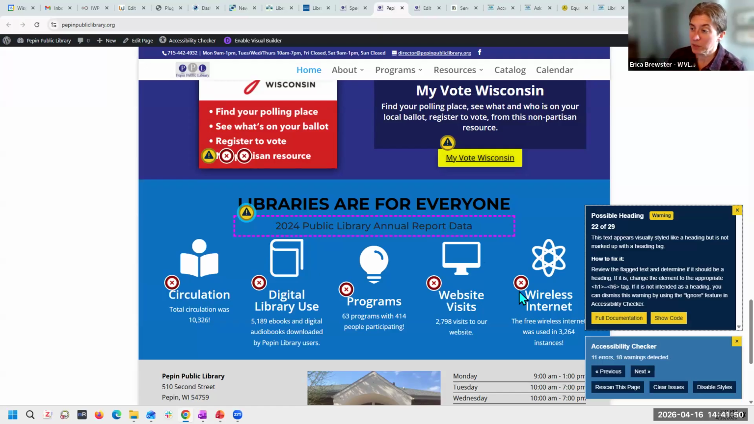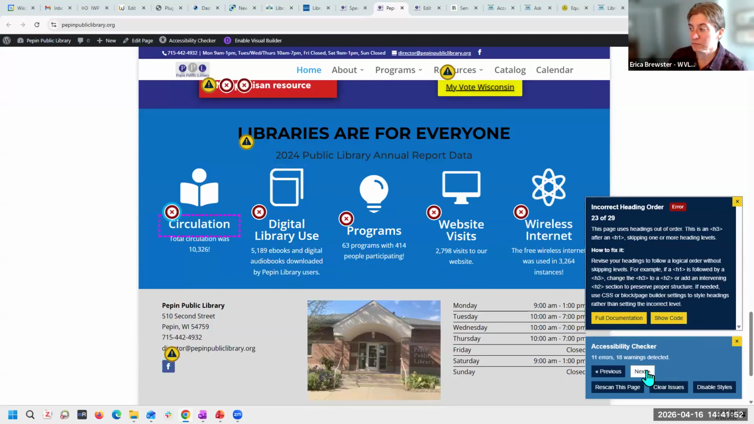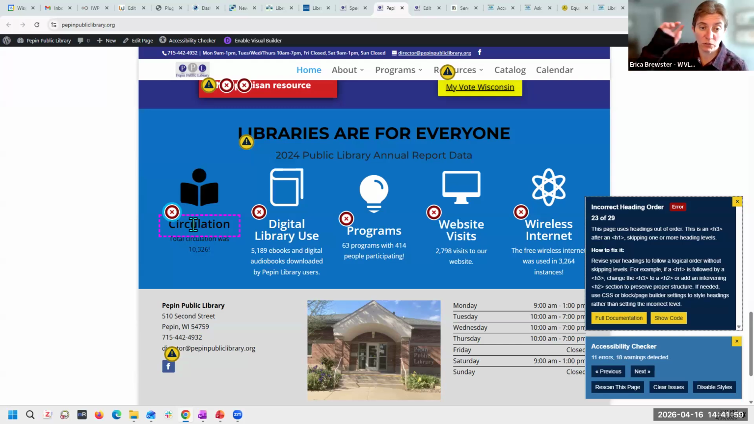Maybe you want it to be a heading, maybe you don't. It's a warning. Incorrect heading order error. Notice this is an actual error. So very similar to what we just did above, you can come in and double check the heading styles on